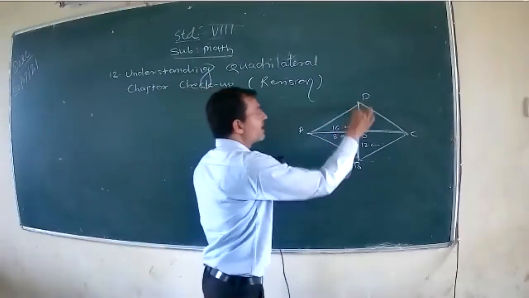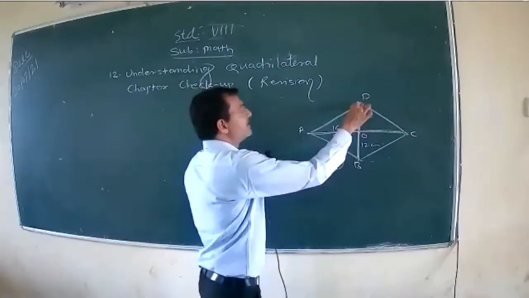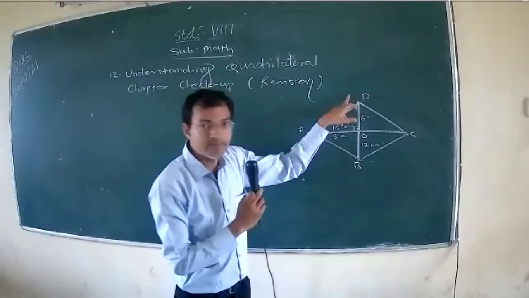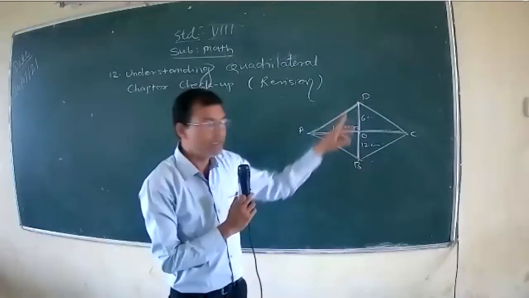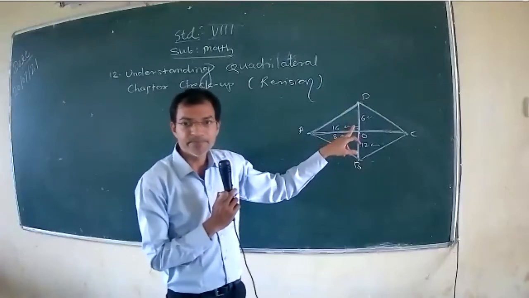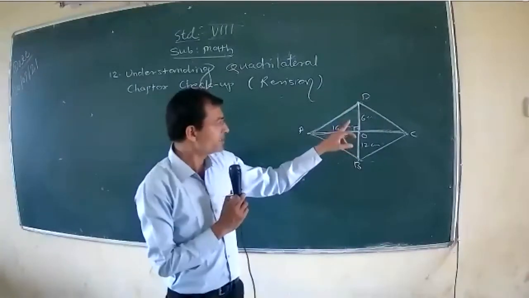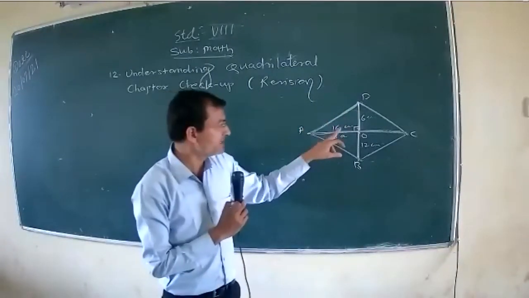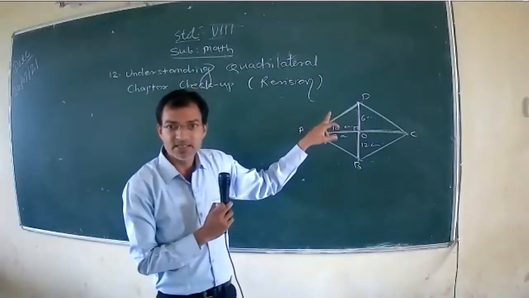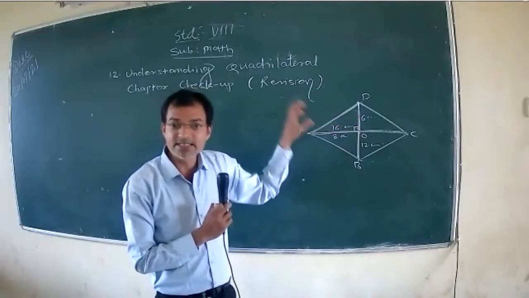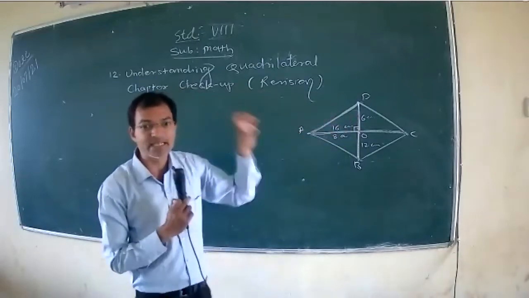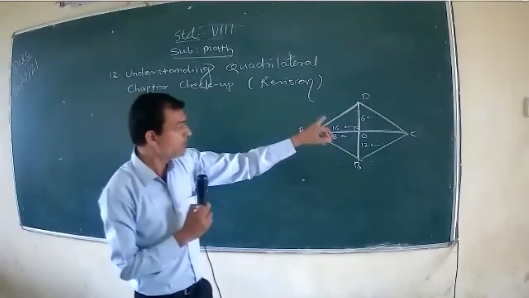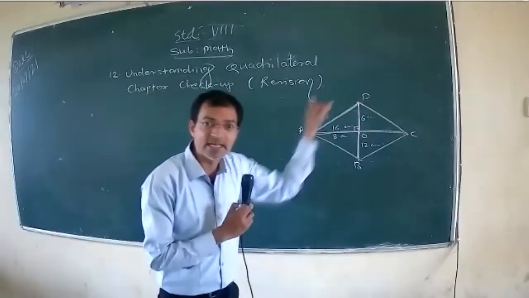This is one of the sides. This is another side. This is the hypotenuse. Consider angle AOD. Angle O is 90 degree. This is the right angle, and the side opposite to O is AD. This is the hypotenuse. So if you know these two sides, can you find this hypotenuse? Easily, by using Pythagoras theorem. If you know one of the sides, the remaining sides are equal.